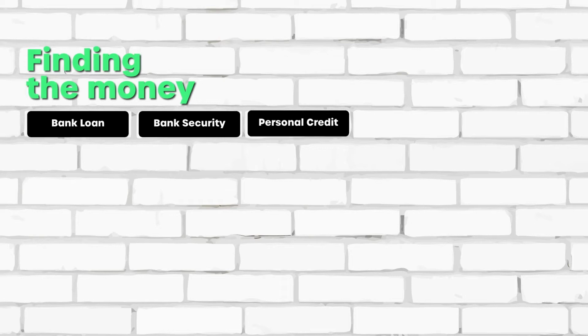Number 3, personal credit. Now here I would caution very, very carefully that you do not use personal credit unless the return on the investment way outstrips the repayment on the personal credit. Personal credit could be a credit card, it could be a personal loan, it could even be an extension of a facility that you have on your car, for example. Any kind of other credit other than a bond that you could use, but only for the short term,